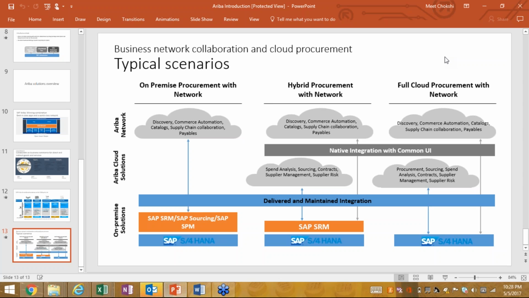That would give you both, which is where every customer is going: using procurement in SAP, doing sourcing, contracts, and supplier management in Ariba, and using the network to collaborate with suppliers.